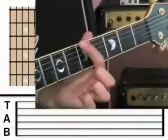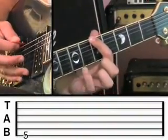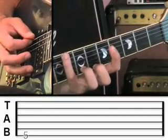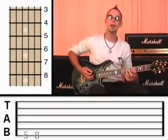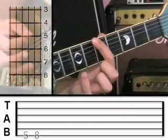I want you to start by putting your first finger on the 6th string at fret 5 and give that a pluck. And then move up to the little finger on the 6th string at fret 8. Now, I will ask you to use the exact fingers that I asked you to use, because it'll be more efficient in the long run. So once you've done fret 5 and then fret 8,